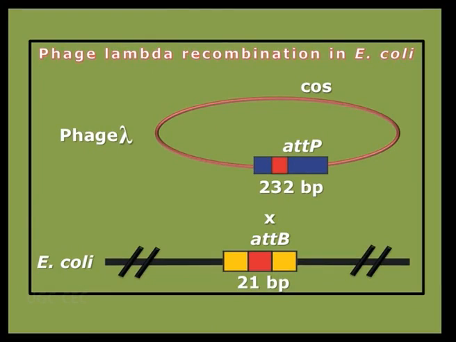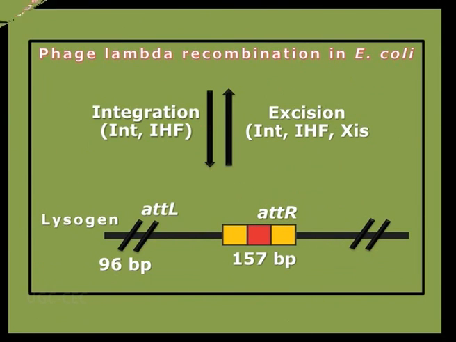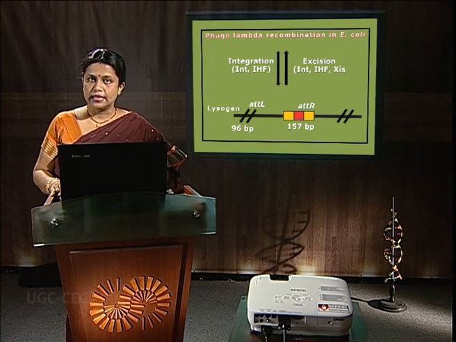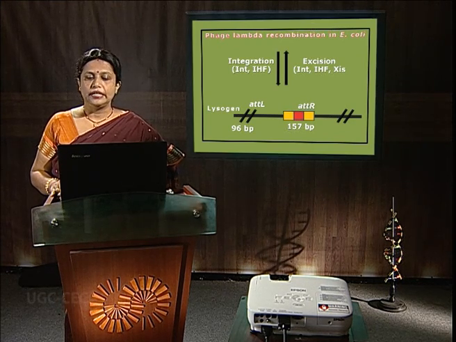You can see here that Gateway technology is basically utilizing the att sites which are present in the lambda phage and the attB site which is present within the E. coli host. The Gateway system relies on 5 sets of specific and non-cross reacting att sequences. attP and attB undergo integration leading to generation of attL and attR sites. This is the method by which lambda phage, undergoing lysogenic mode, integrates inside the E. coli cell, and these enzymes are really used in Gateway cloning.